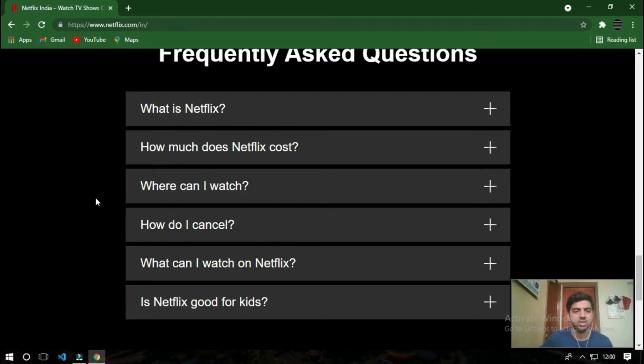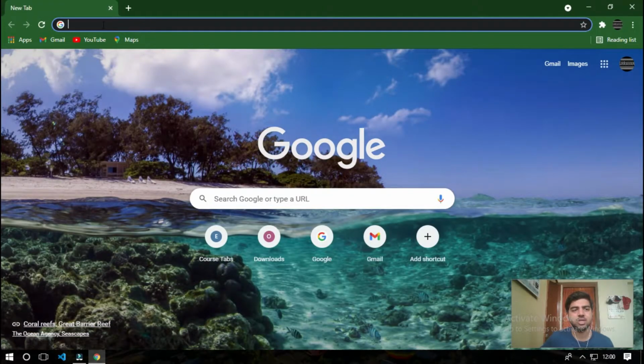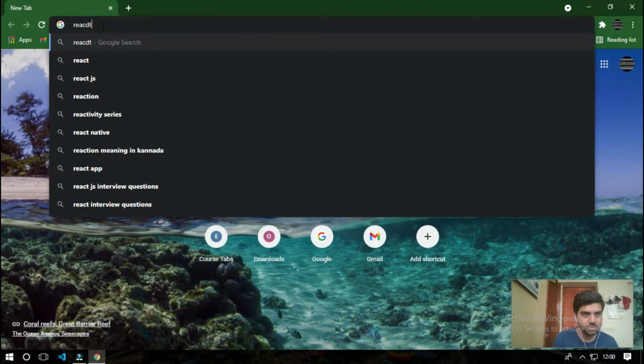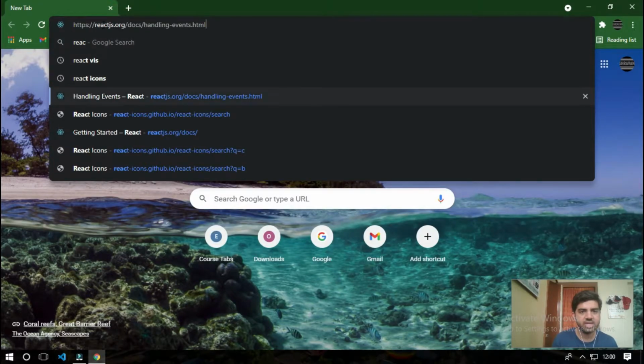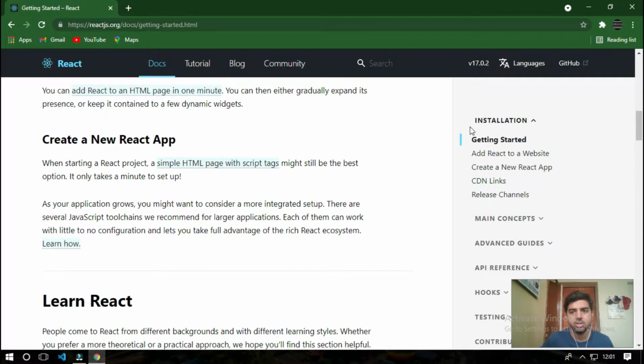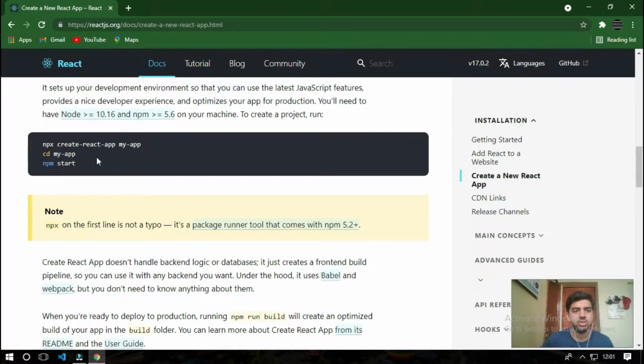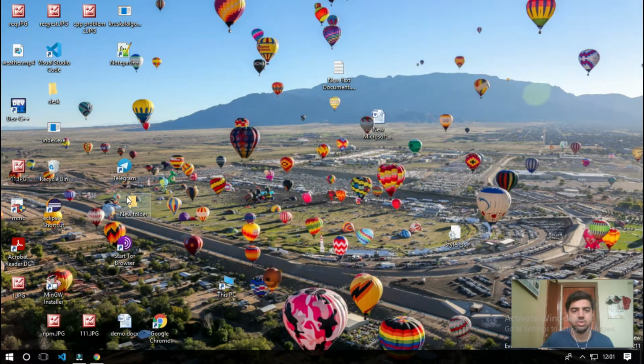Okay, so now I'll start with React.js. Let's start from the documentation, react.js.org docs. So create a new React app: npx create-react-app my-app. Now I'll go to the new folder